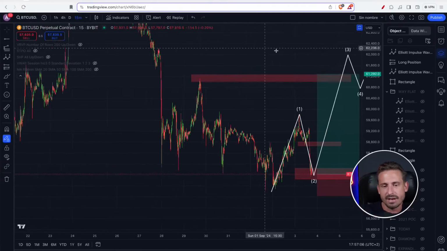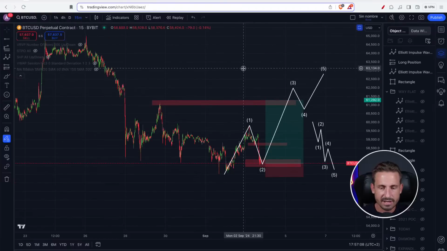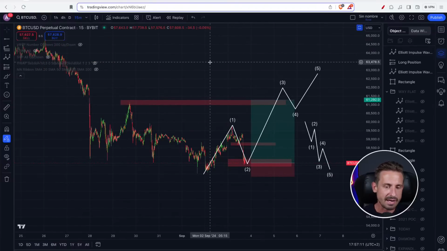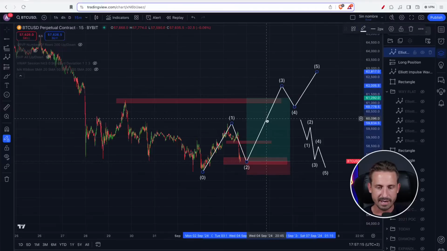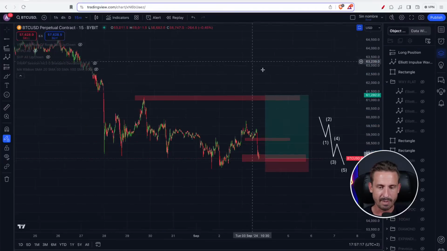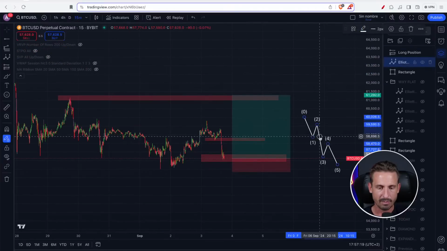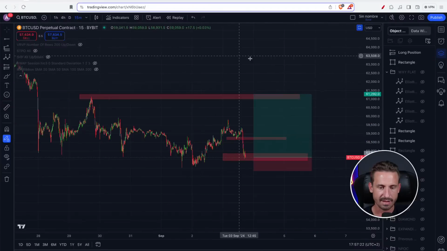I don't like this scenario. Gotta be honest, it's the most unlikely scenario in my opinion. But of course, I would be speculating on a potential bounce here. And the main reason why,